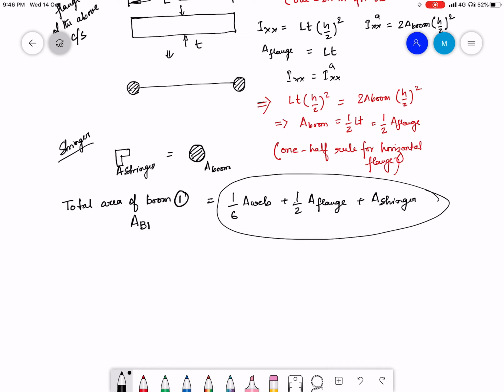If I follow this rule, this is a widely acceptable procedure to find out the area of the boom located at a certain position on the cross section. But saying this, I should always put this disclaimer that there are other techniques for finding out the area of the boom at a certain location. The location of the boom is usually at the position of the stringer or spar.